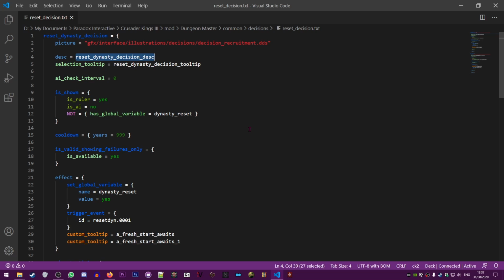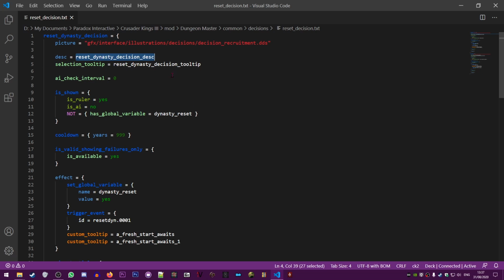That will show the actual description when you click on it, when it pops up, the kind of decision menu. That's, I guess, the big difference, isn't it? In CK2, you didn't have that. You just had a kind of question mark to show the conditions, and then the click will show you what happened. This will actually pop up, and it's kind of a mini-event, kind of an introduction to what's actually going